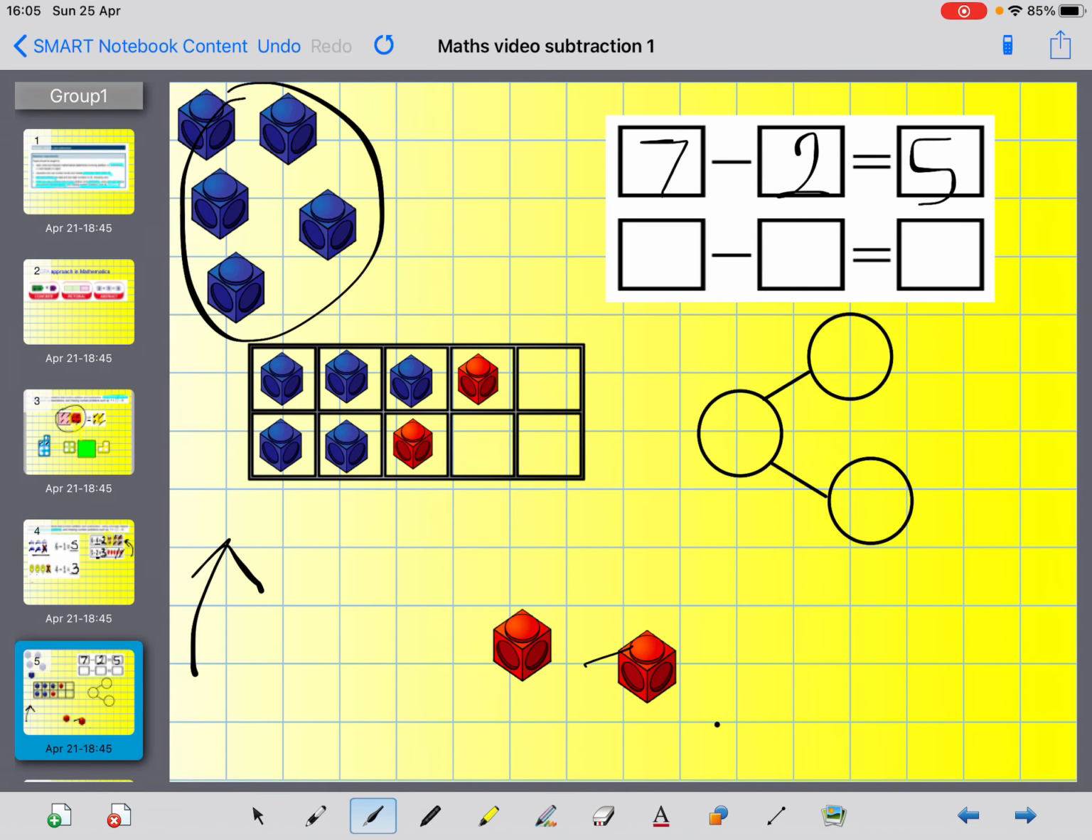5 left over, and also I can start with number 7 again. I can this time use the blue cubes, so 7 subtract 5, and then I've got only 2 red ones. I can also use my part whole model. My 2 parts are my 5 blue cubes and my 2 red cubes, so I know that altogether I've got